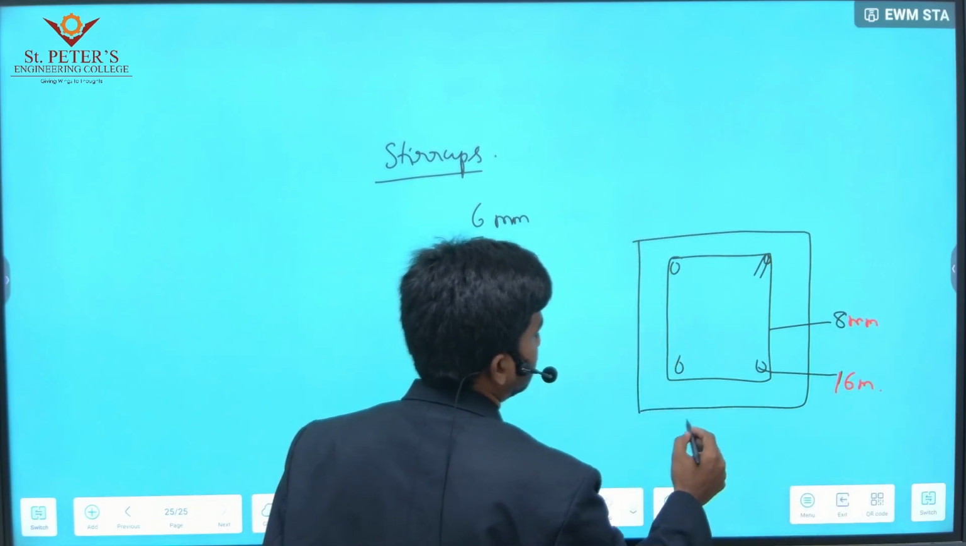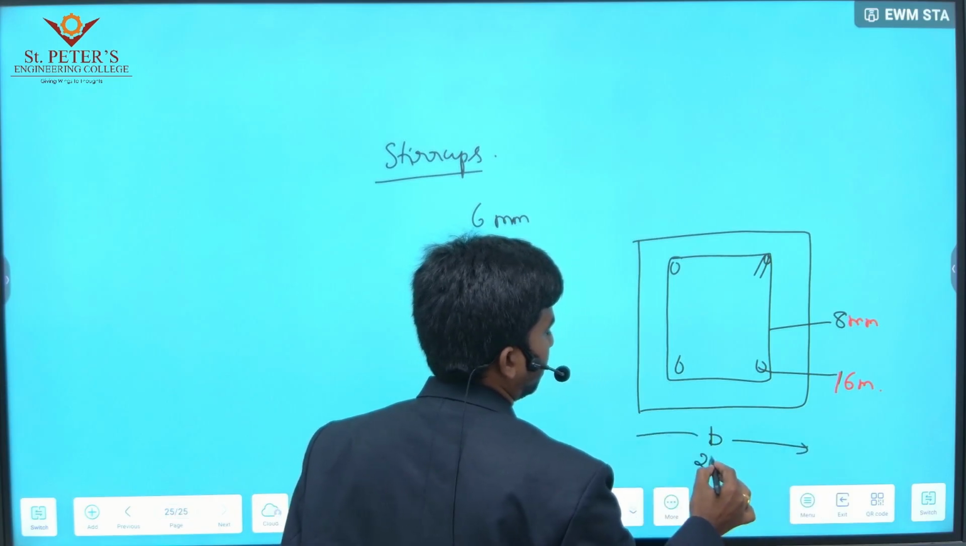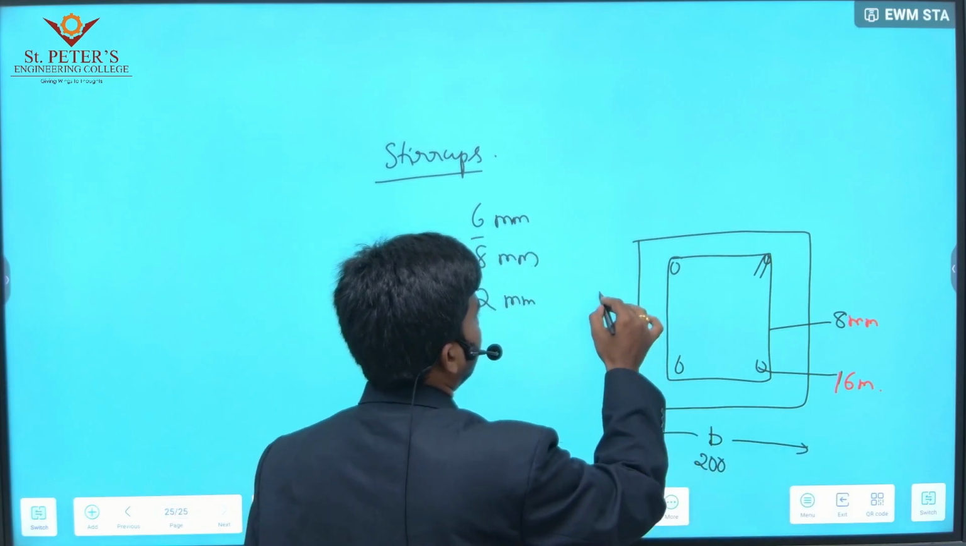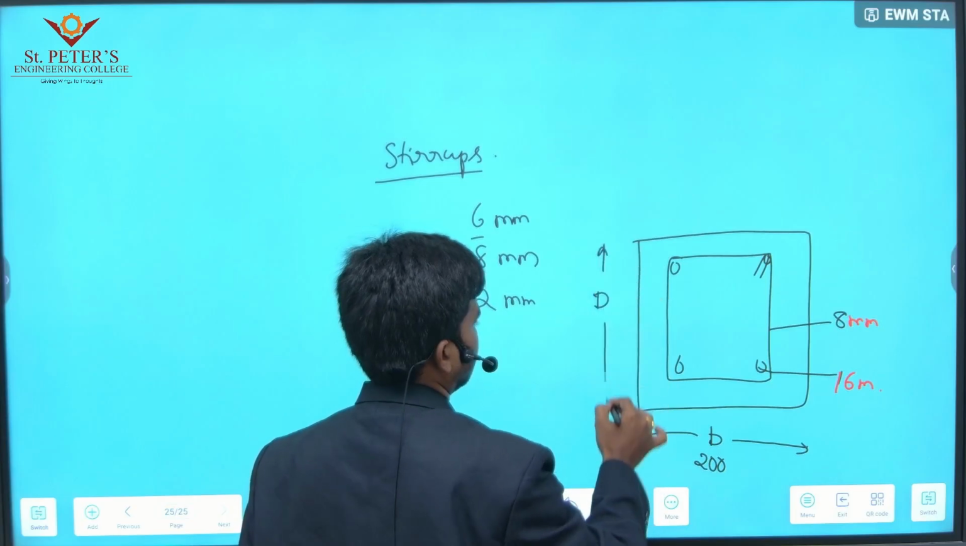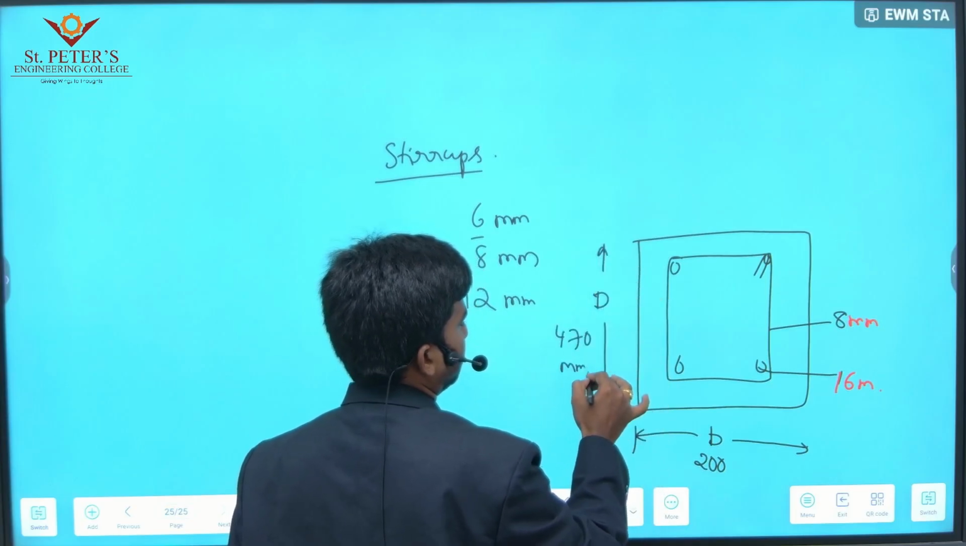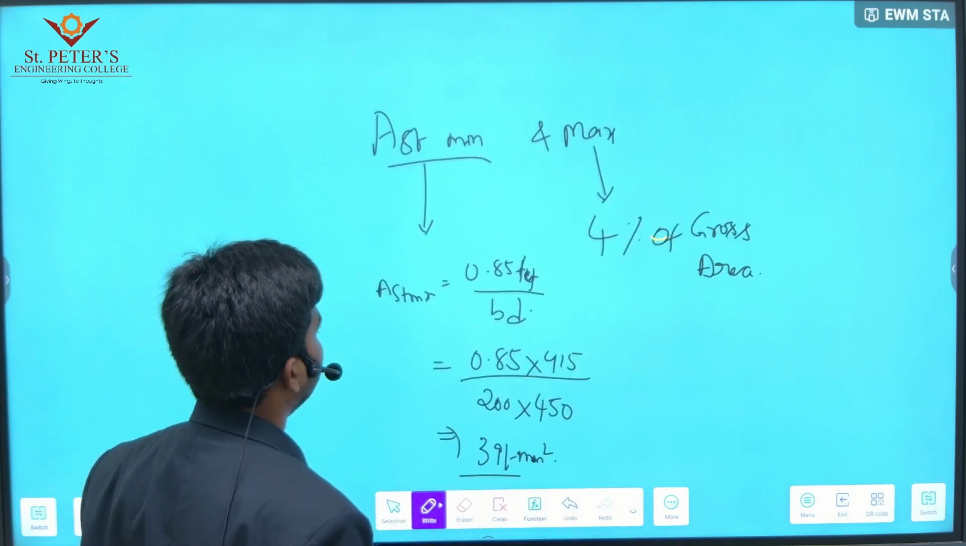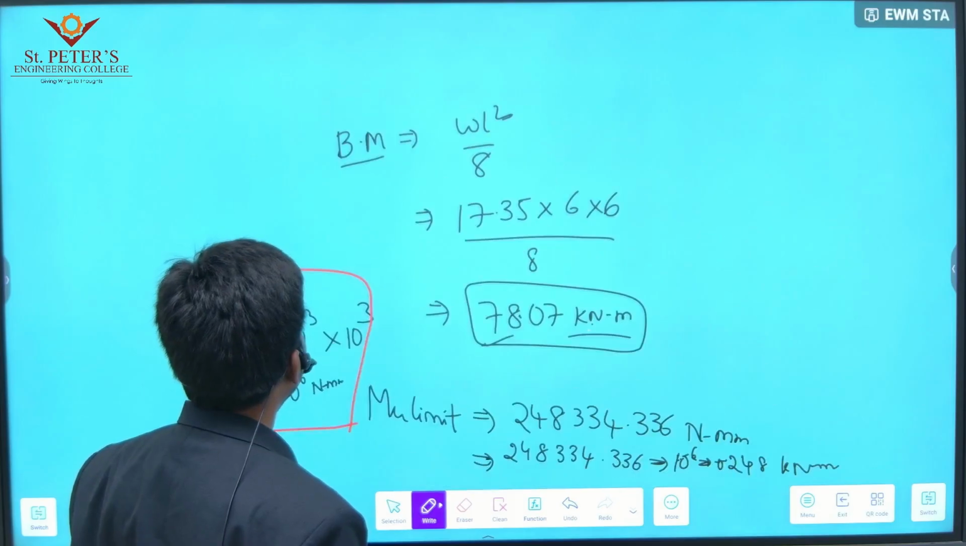The overall dimension is, this is breadth, this is 200, and overall depth is 470 mm. So I am concluding that from base point to